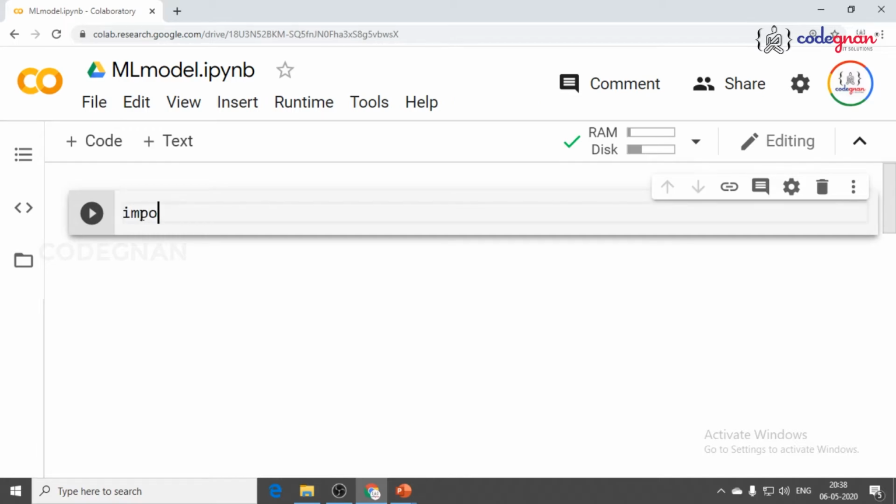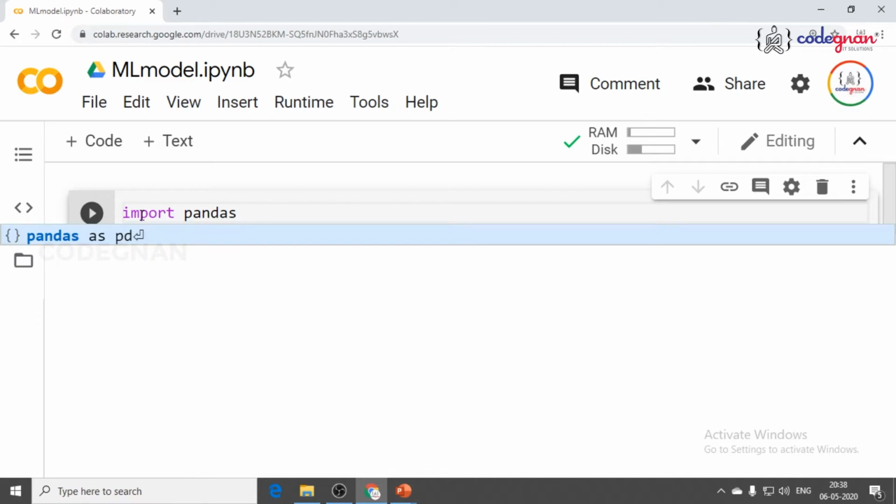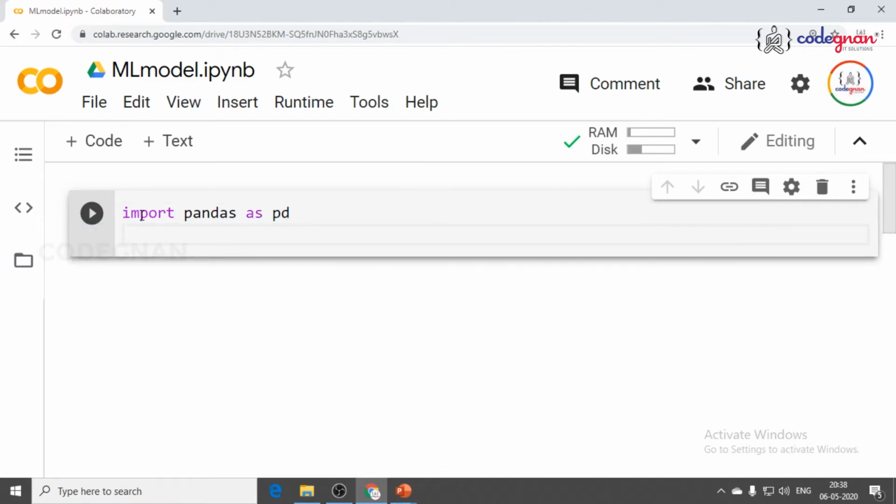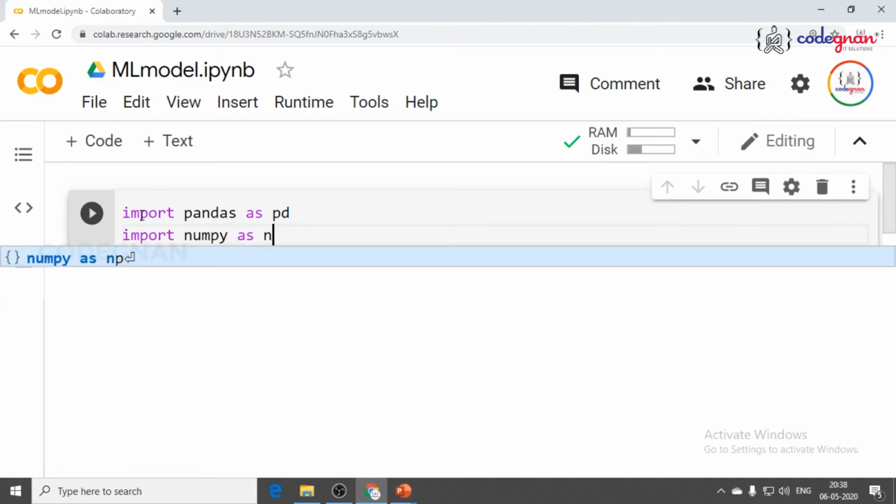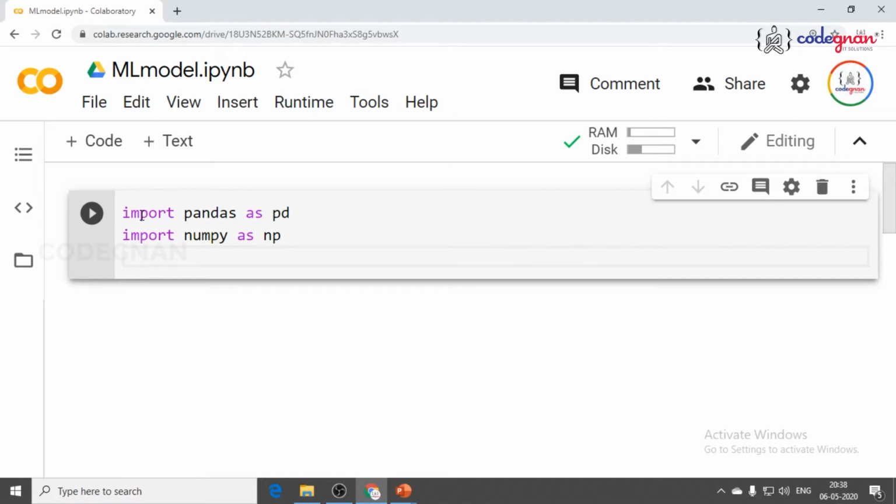So my first library will be, I import pandas. See, Collaboratory has the advantage of giving suggestions itself. So pandas is a data cleansing library. For reading the data I use numpy, that is numerical Python, because the math library is different, numerical Python is different. The math library has trigonometric functions, but it doesn't have any statistical or probabilistic functions, and it cannot read data in the format of an array. So I use numpy.